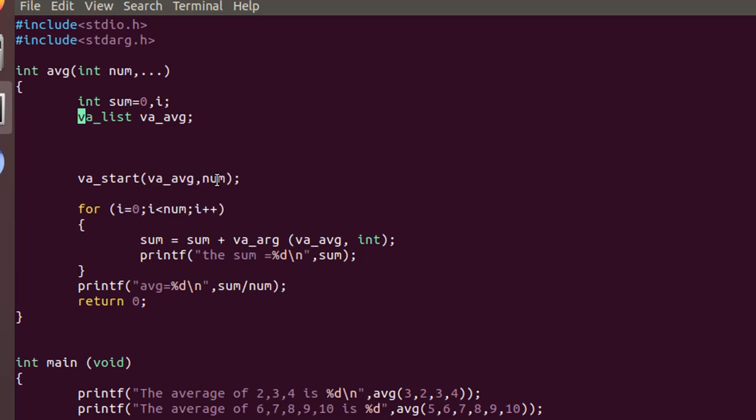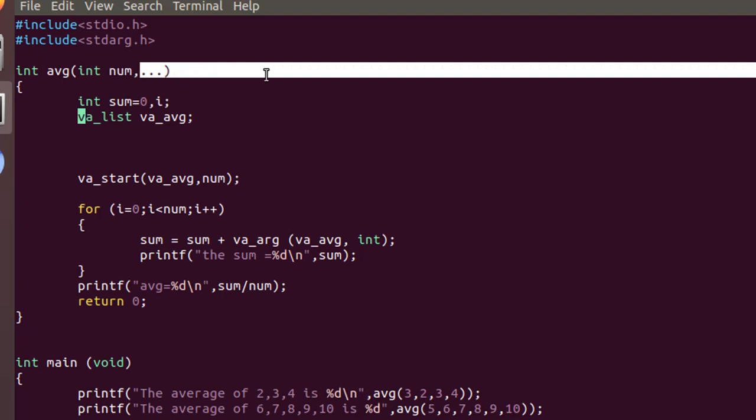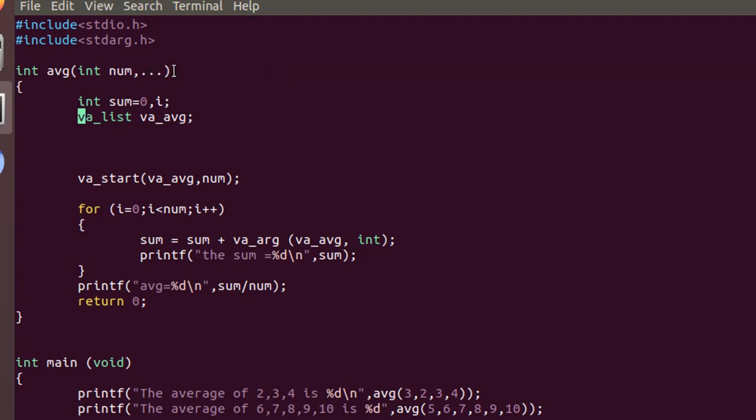Because when it is receiving, those parameters are saved into memory variably, one after the other, into the stack memory. So as many arguments as we have passed from here, we should fetch only that many. We should not fetch more than that, because we have to do it in a controlled manner. So if we are passing 3 arguments from here, we should call this macro only three times.